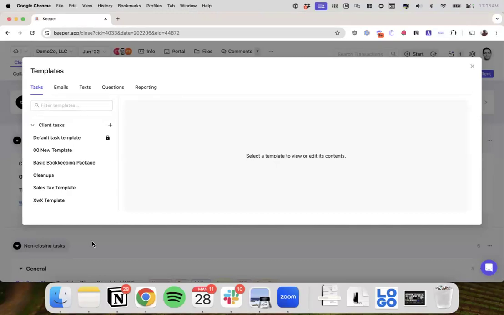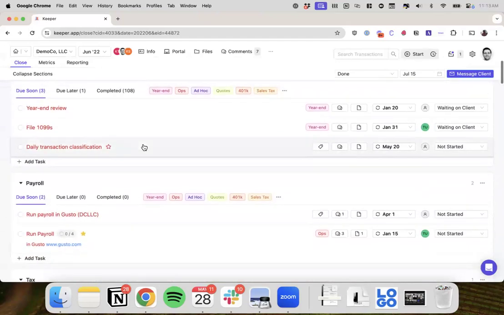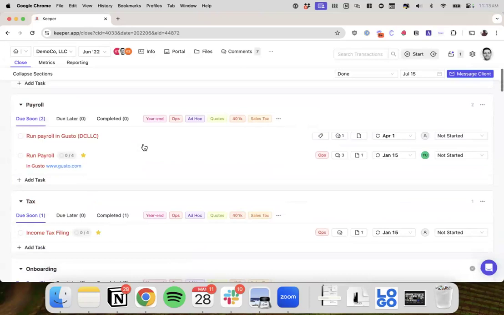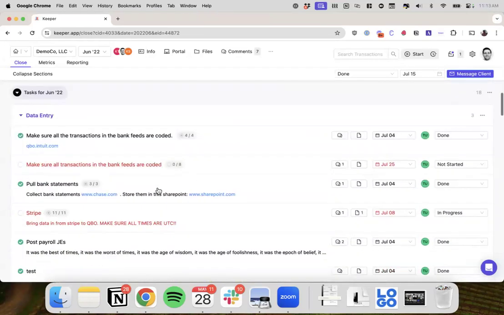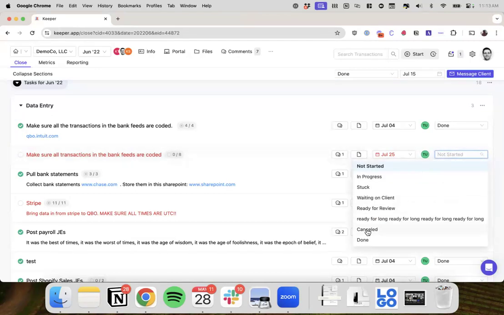All right. Next thing to talk about is a workflow related feature. We added the ability to cancel a task. So for example, let's say we've got this, make sure all transactions in the bank feed are coded. And for some reason, we didn't get to it. We're not going to get to it, but we don't want it to perpetually show up as overdue. And we don't want to mark it as done if we didn't actually do it. Well, we're in luck here because now what we can do is you can click this not started and then